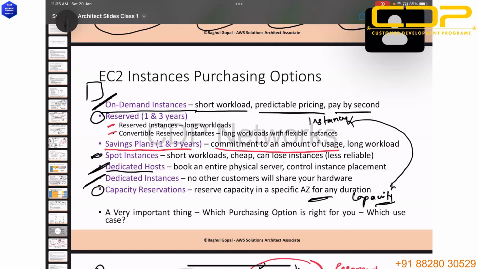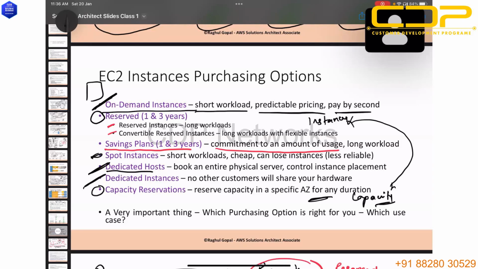For the database, M5 or M6A can be used. No, no, I'm not going for the EC2 instance type like M5.xlarge or M2.xlarge. I'm asking what type of EC2 instance purchasing option has been displayed on the screen right now. Whether you go for the reserved one, the savings plan, or the spot. Reserved one actually,